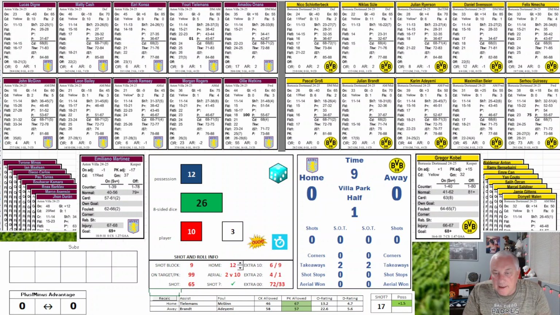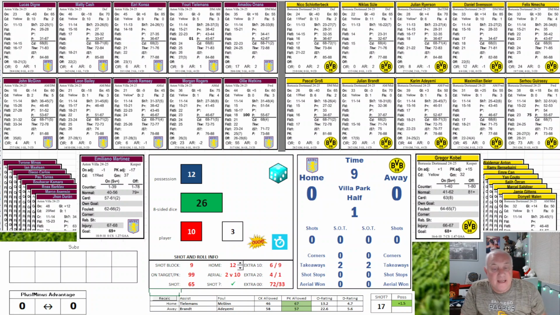You mark the PK here. This will change the number, supposedly, hopefully, of the PK allowed, because I'm going to raise that PK allowance or defense every time one happens. So that's a save. What I did is I took the penalty kick success rate for the 5 European leagues that we're playing in, and I said on a miss, what percentage was saved versus missed, and it's about 85% of not scored penalties are saved.